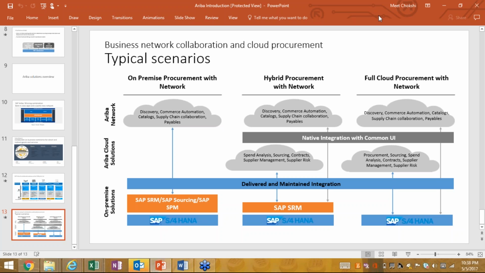So we have to draw the line, right? I don't think MRP functionality would ever happen in Ariba. MRP would stay in SAP, S/4 or whatever on-premise version, because it is integrated with so many different modules. SAP is not going to build Ariba as a new SAP. That should be very clear in everyone's mind. We are using the features of Ariba, and then we are using SAP as well.